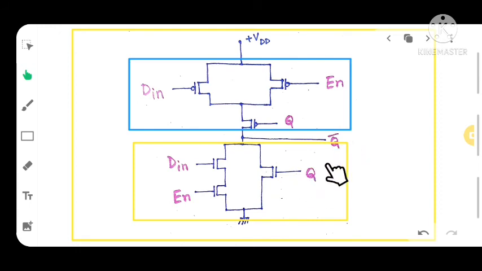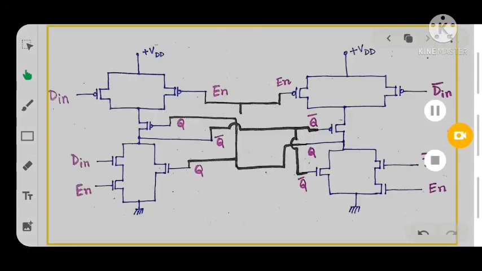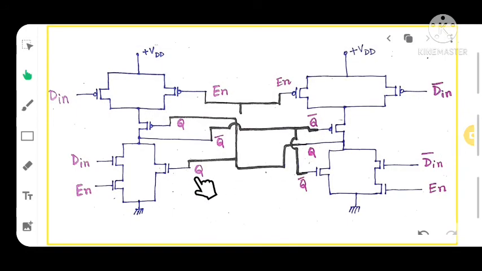Now we have to implement the other part, that is we have to draw the exactly same circuit for the upper part. So this is the circuit that I have drawn, exactly identical.